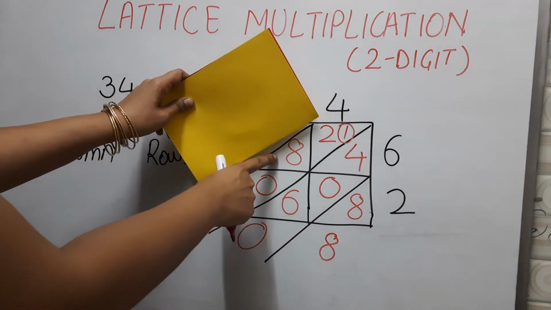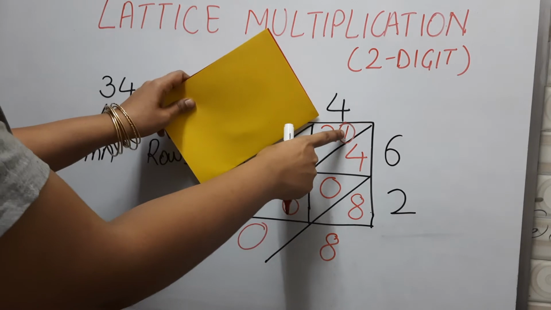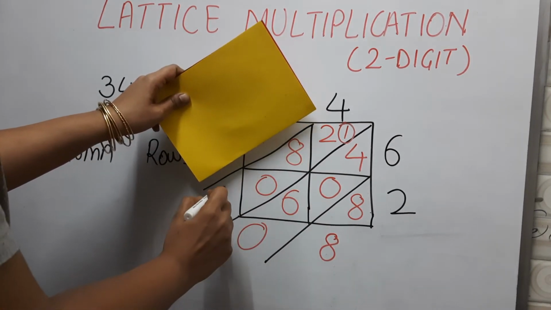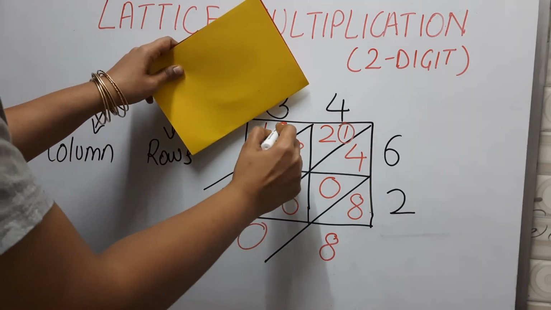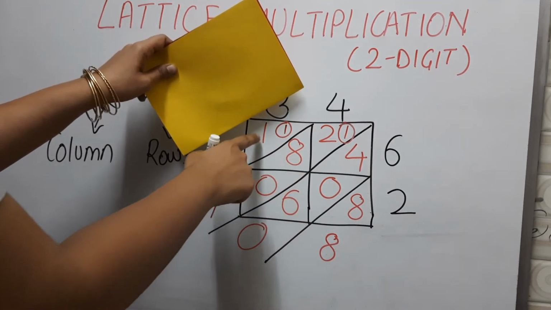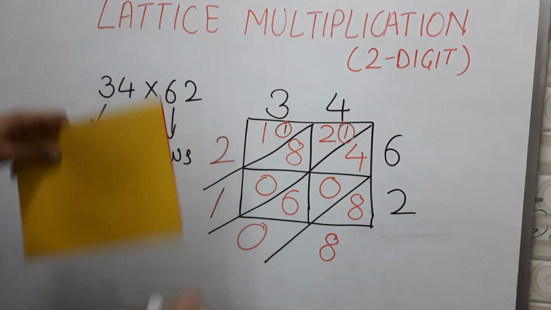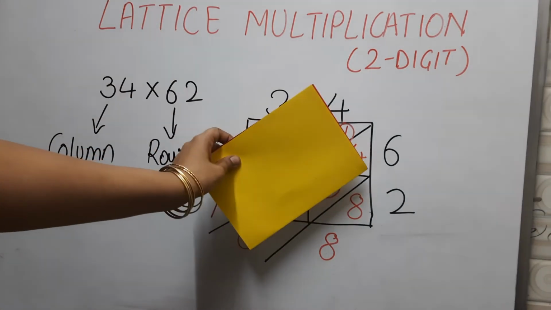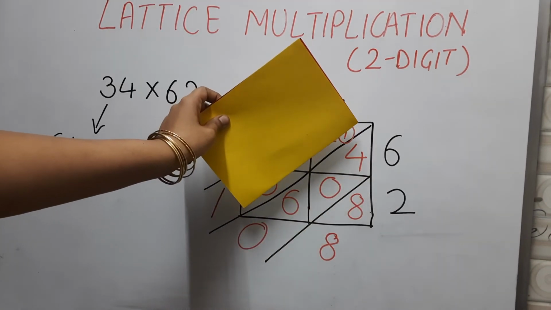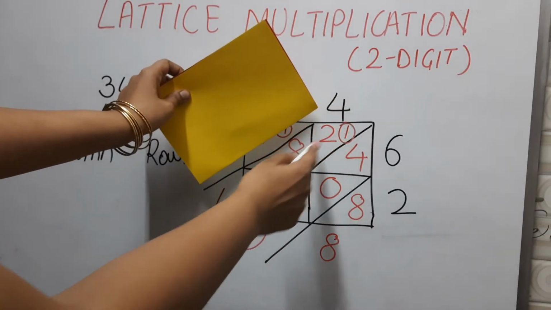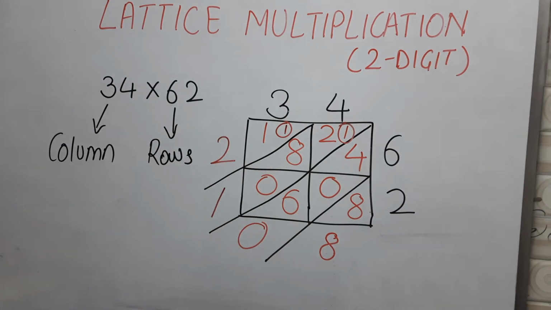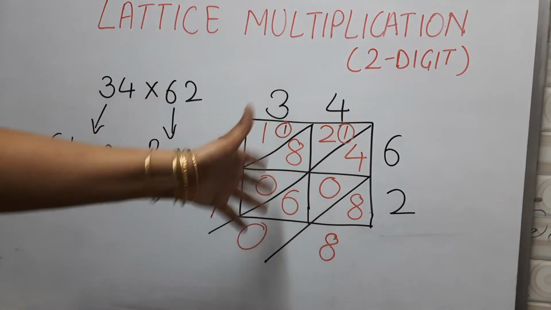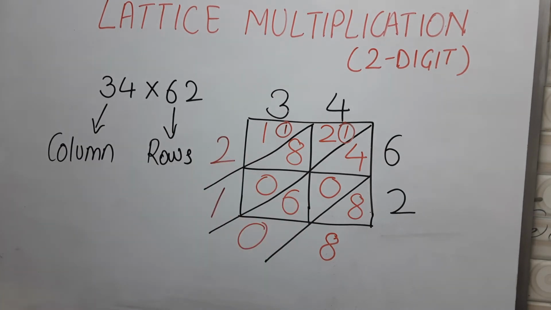Now here I have 8 plus 2, 10, plus 1, 11. 11 plus 0 is 11. So 1 over here, 1 carry over to the next section. Now 1 plus 1 is 2. This is the way we add. I have just hidden with a sheet of paper so that it is clearly visible to you which numbers we add, and after certain practice you don't have to hide. You will be able to add very easily.